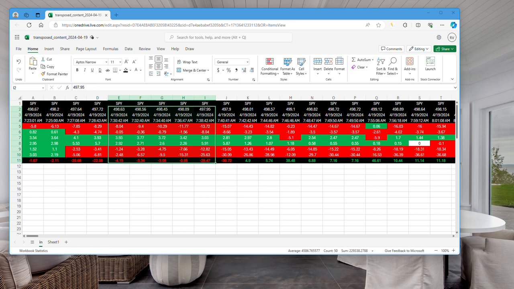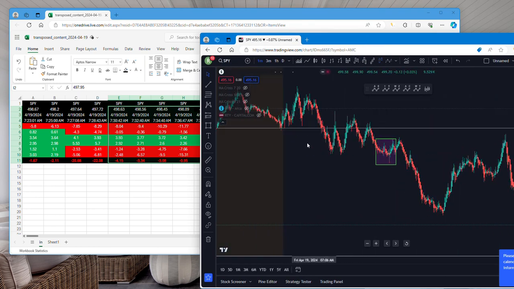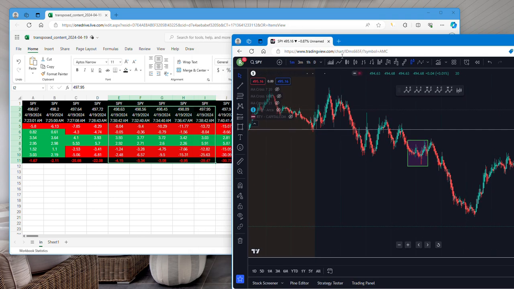If you look at the chart right here, we last recorded at 7:38, which is right on here. Now you can look at this and say, oh, I missed out on a puts play. That's true, but